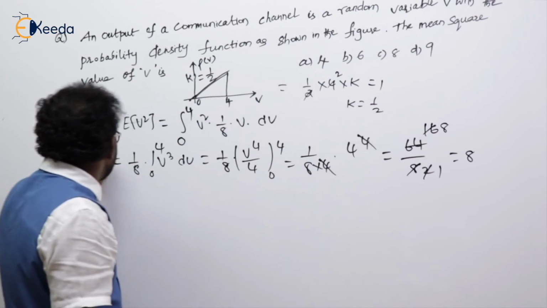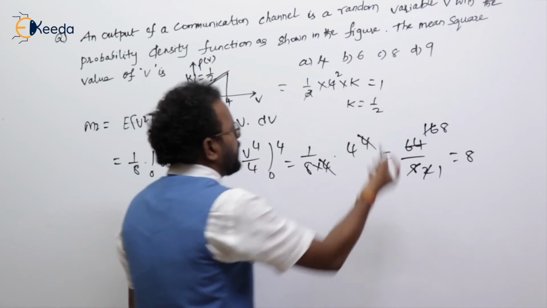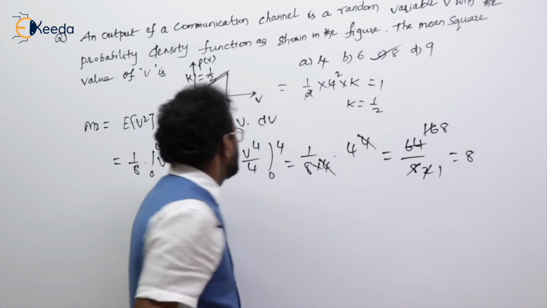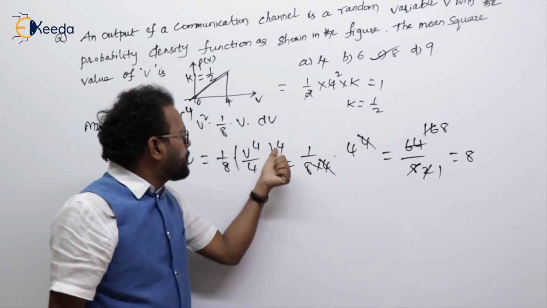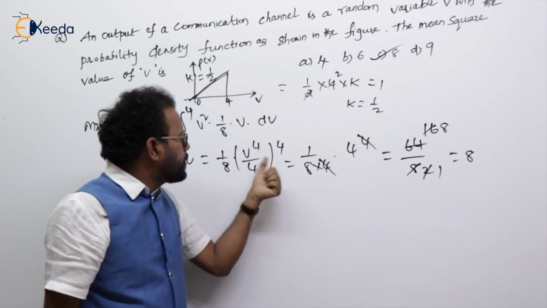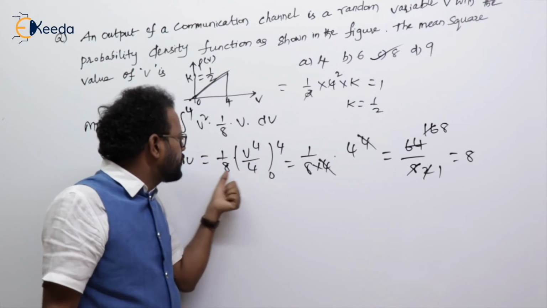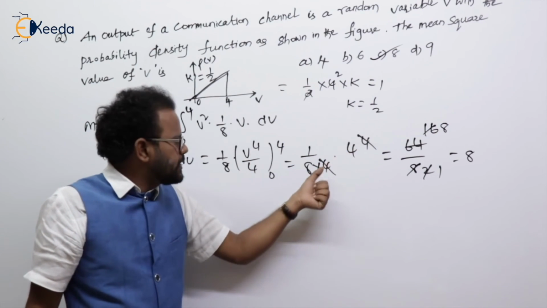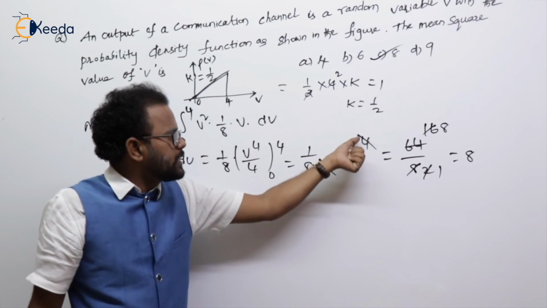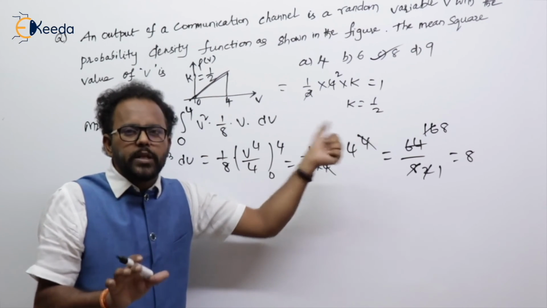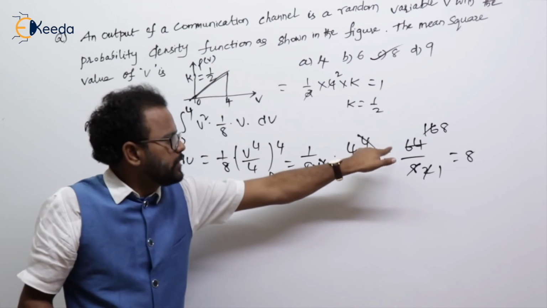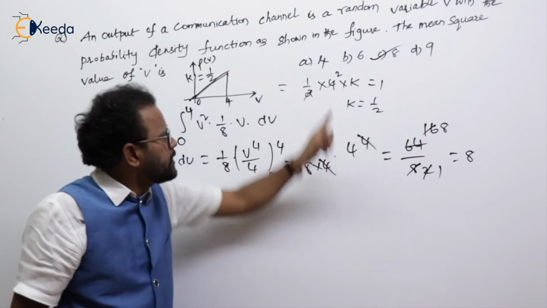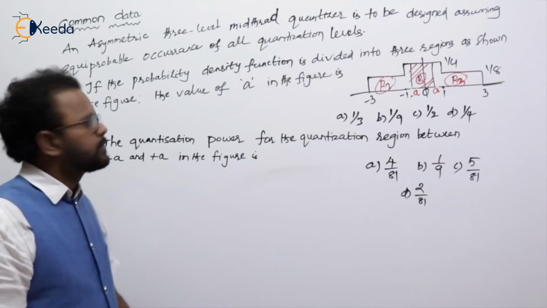And he is asking the mean square value. Directly, mean square value is nothing but 8. Because here upper limit is 4, 4 power 4 minus 4 power 0. I had written 4 outside, 4 power 4 I kept as is, and denominator is 4, one is cancelled. 4 cube is 64, and I cancelled. Its value is 8. So its mean square value is 8.